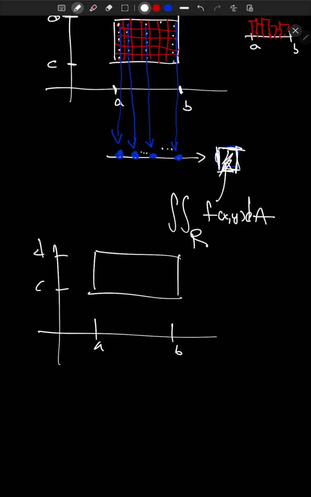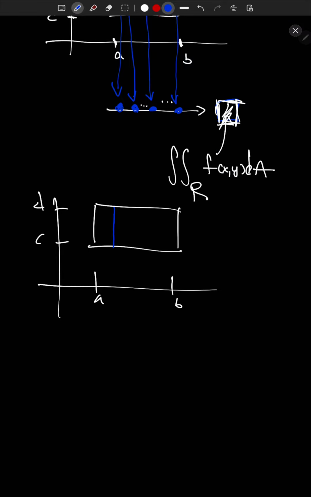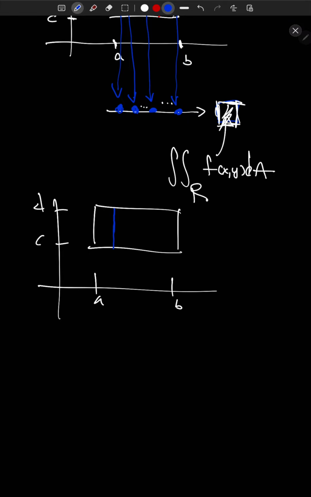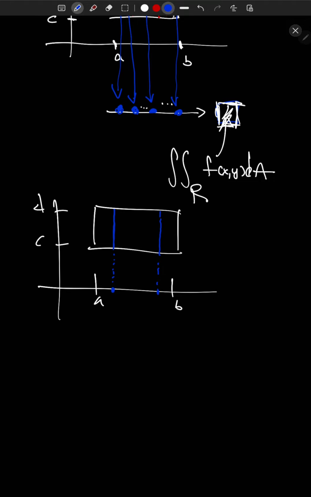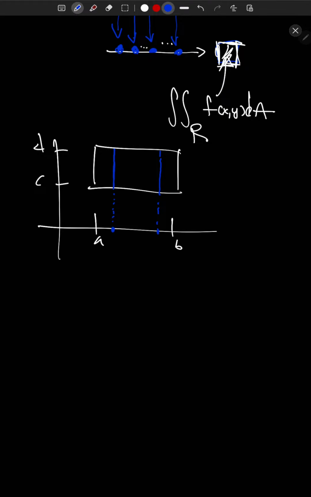One thing we can observe is that when we add up these strips vertically, like this, essentially what's going on with this blue strip is that the x value on that strip is constant. And on this strip right here, the x value is constant, okay? So when I do this adding of these rectangular boxes as they get more and more fine, what's happening is the answer that I get when I do the adding,